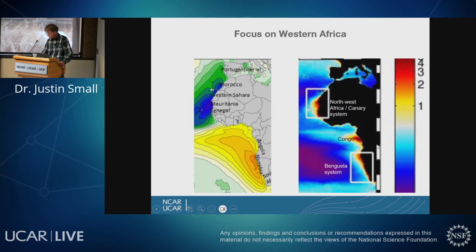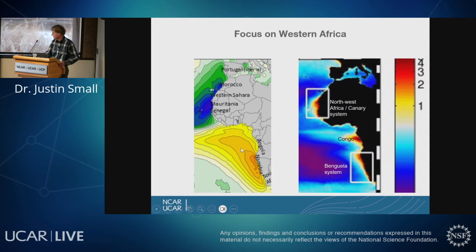And now start focusing back on Africa. This is just a zoom in of previous plots. This is the region of Northwest Africa I'm interested in, from Senegal up to Morocco. In the summer, it extends up to the Iberian Peninsula, Portugal and Spain. But further south, you get the upwelling more year-round.